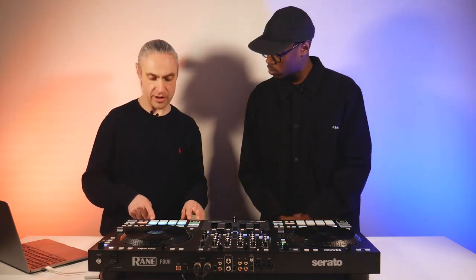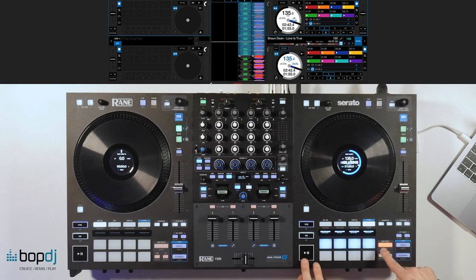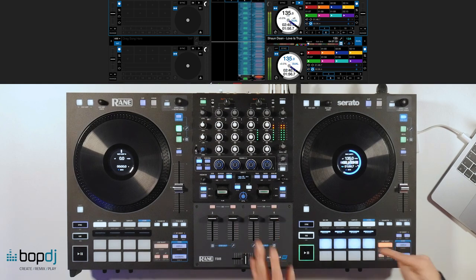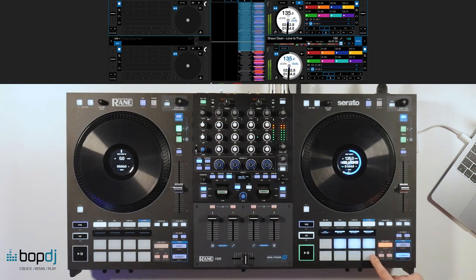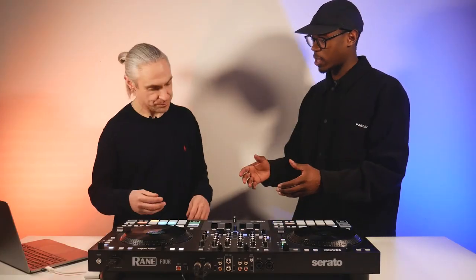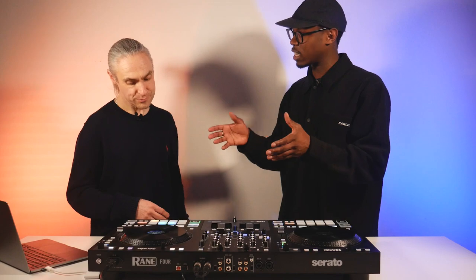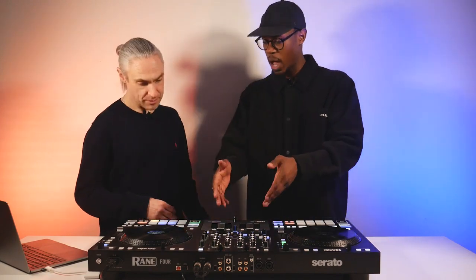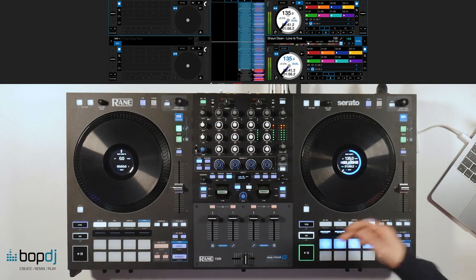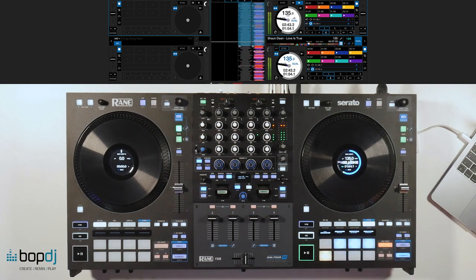Also, you can affect each stem. So for example, we can cut the drums in and out like that so it's nice and sharp, but we can add an echo to that. So you also have its own inbuilt effects for the stems itself. That's rather than relying on the paddles or the filter color effects in the sense. Yeah, if you want to do it with the vocals,